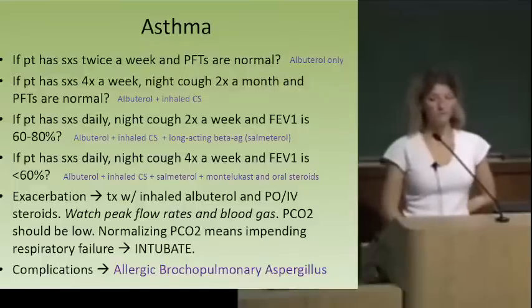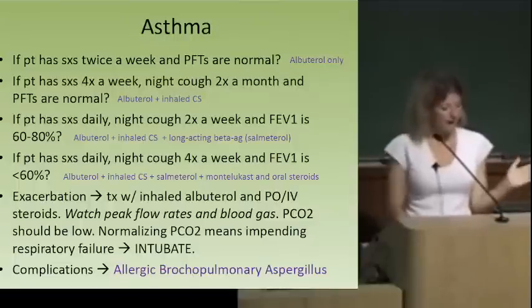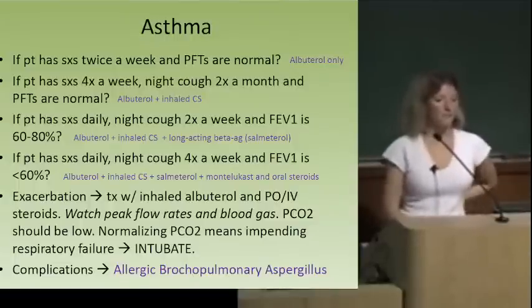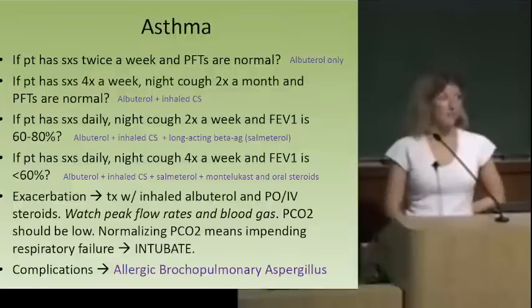We can add an oral steroid or the leukotriene modifying agents. So everything that we had our moderate patients on, plus the leukotriene modifying agents and possibly oral steroids if it's really bad. So remember during an exacerbation, if they give you a vignette where the patient is in the ER,